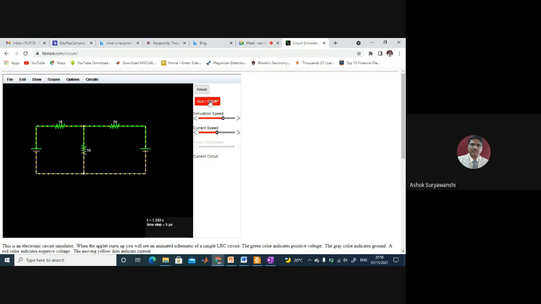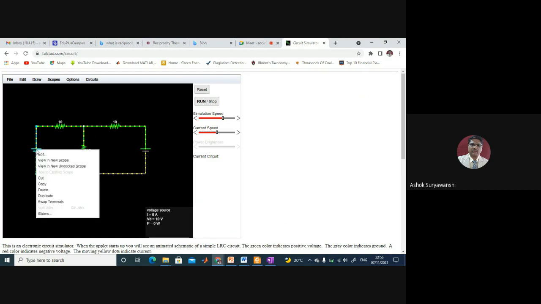If you want to stop, you just click here, the simulation has stopped. So now you'll not see any current or like that. And you can see this button, run stop button, it's red. So it means the simulation is stopped. Again, if you click on that, now you can see the run stop button is disabled. It means that simulation has started and it is showing the currents, right?